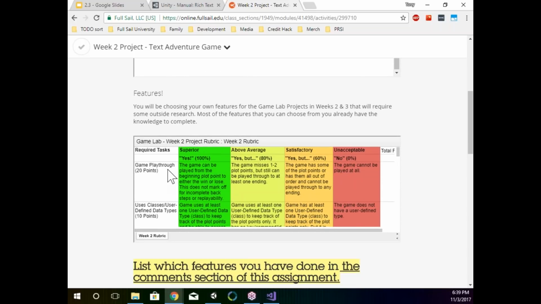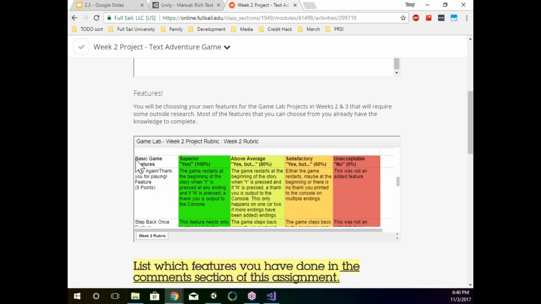But as I mentioned earlier, there were those 4 sections in the rubric, the required tasks. If you watch and repeat after me with modifications using whichever of the 2 you pick, the Desert Escape or the Curiouser, you'll meet that required section. You'll get those, I think it's 80 points for this particular project. Going above and beyond that,